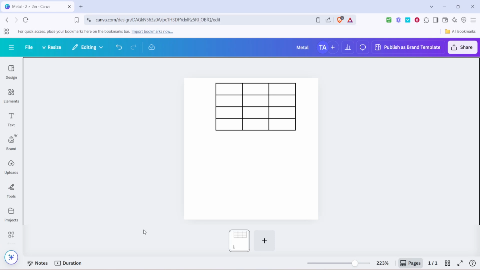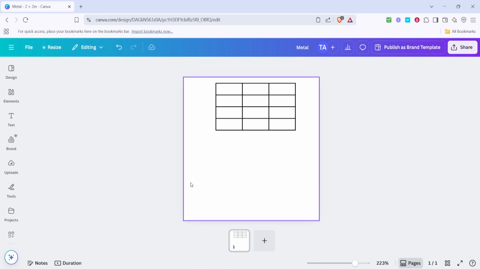In today's video, I'm going to teach you how to copy and paste a table into Canva. This is a very useful skill to have, especially if you're frequently working on design projects that require the inclusion of structured data, like tables from spreadsheets or documents. Let's dive right into it so you can seamlessly integrate tables into your Canva designs in just a few straightforward